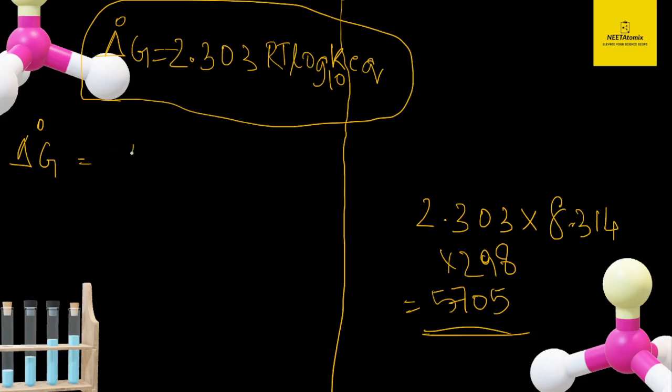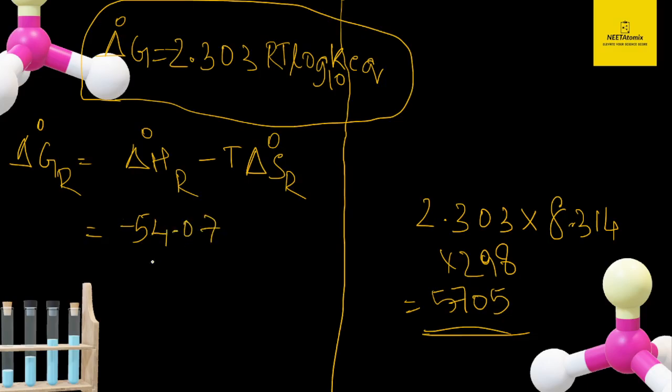So delta G naught is equal to delta H naught minus T delta S naught of the reaction. Now delta H naught was given as minus 54.07 kilojoule per mole